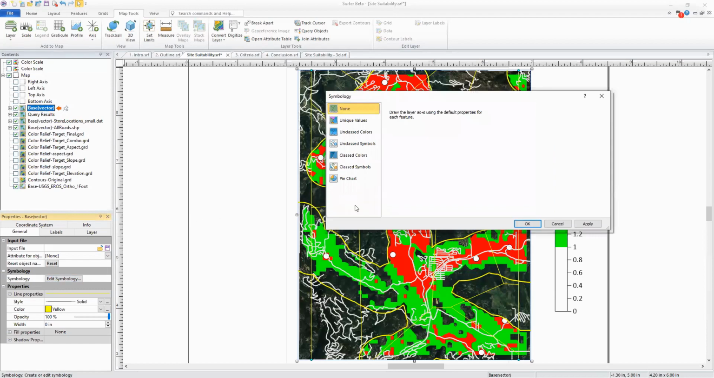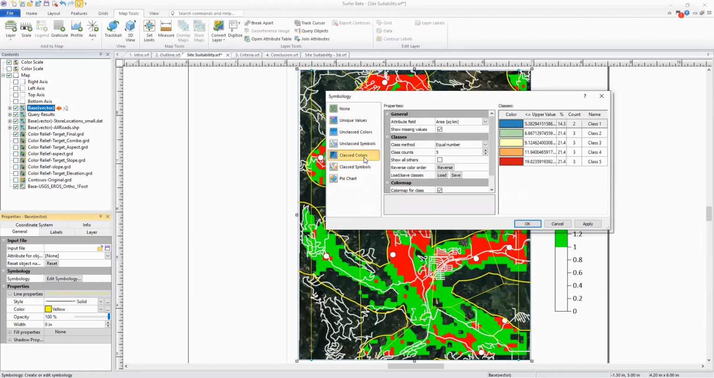And in our Symbology window, there's a lot of different things you can do that I don't have time to cover today. But if you're interested in learning more about that, we have some great help articles and videos on our support site. And so today we're going to be using classed colors. And so Surfer is going to automatically grab our area attribute since it's the only one in our table. And it's going to bin our polygons into 5 different classes. And if we press apply,